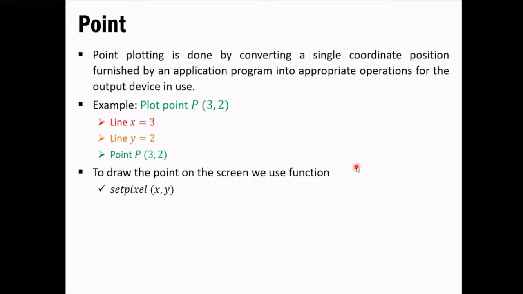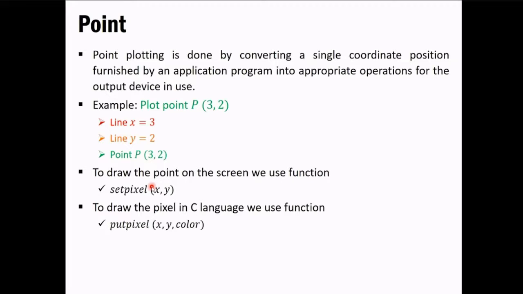Okay, so now how can we do this in our C language, with the help of this graphics library? What it says is, we have one thing that is named set pixel. You can pass the values over here, and it will automatically take them from you and draw some point for you. So you can directly use this, that is set pixel. To draw the pixel in C language, we use the function that is putpixel. As I told you, if you want it with some particular color, you need that parameter, so you can directly pass that color over here.